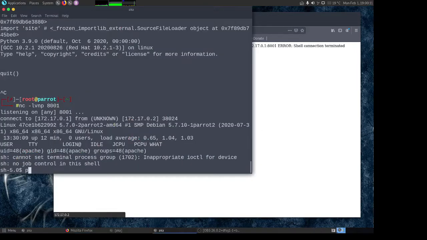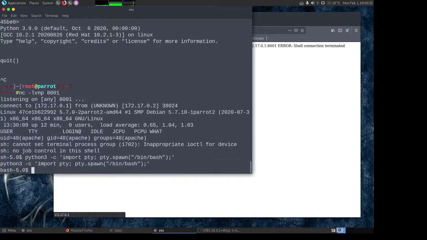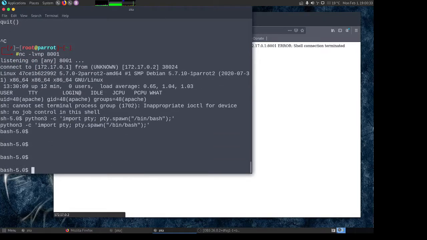So if Python 3 is there, I can do this: python3 -c 'import pty; pty.spawn("/bin/bash")'. Okay. So now we are in bash.